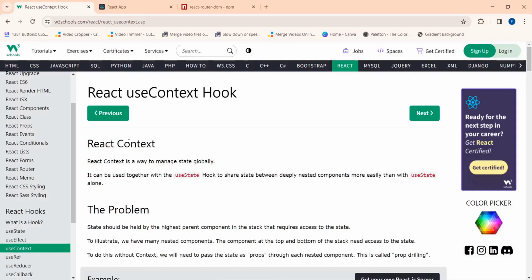Hello everyone. So in the previous video we have covered the useState and useEffect hooks, and in today's video we are going to cover the useContext hook. So basically this is used in order to send some data from the parent component to multiple different children